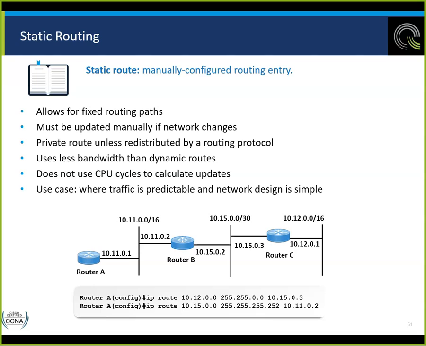The use case is when the traffic is predictable and the network design is simple. Predictable, the topology hasn't changed for 10 years, probably not going to change for another 10 years. That's a good use case. When I'm going to the internet, to my ISP, that's a good use case. And that's one where you probably would use a static default route to get there, because you can only go